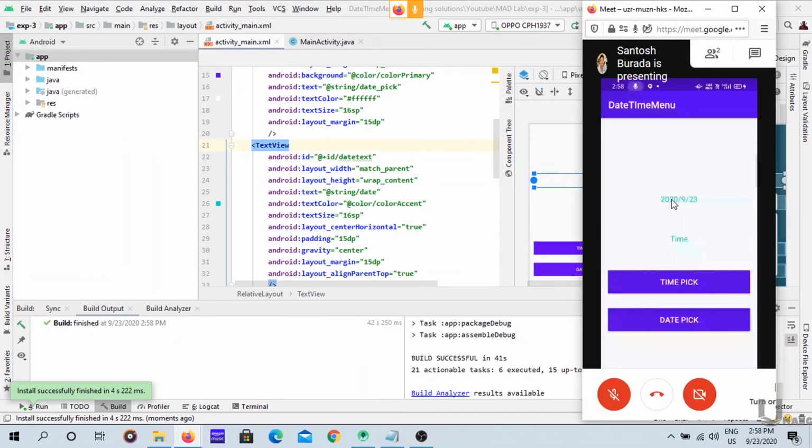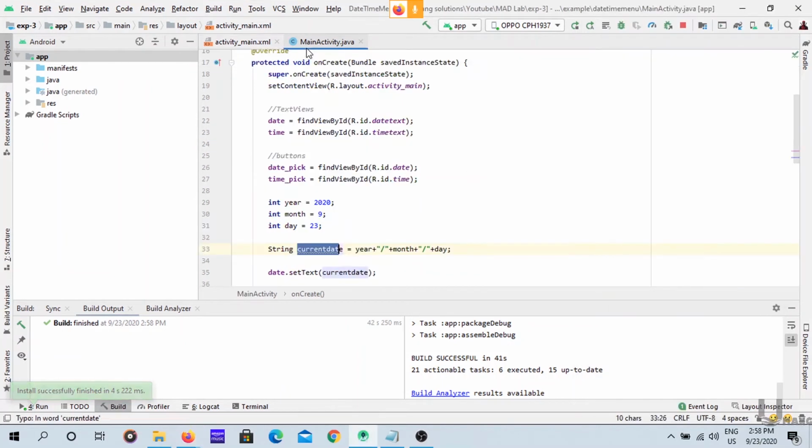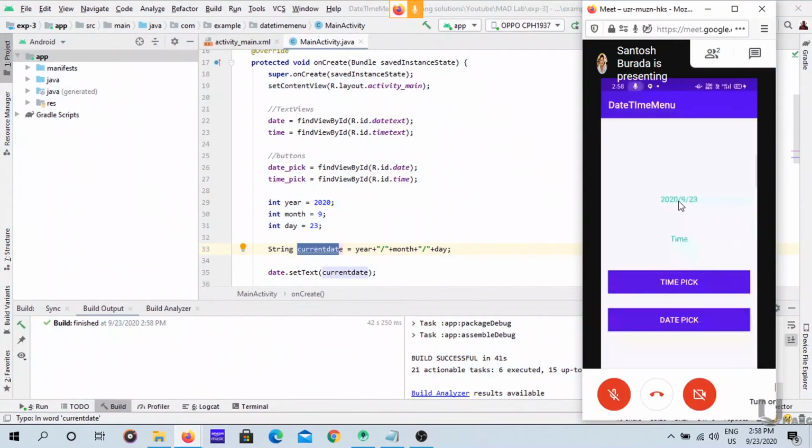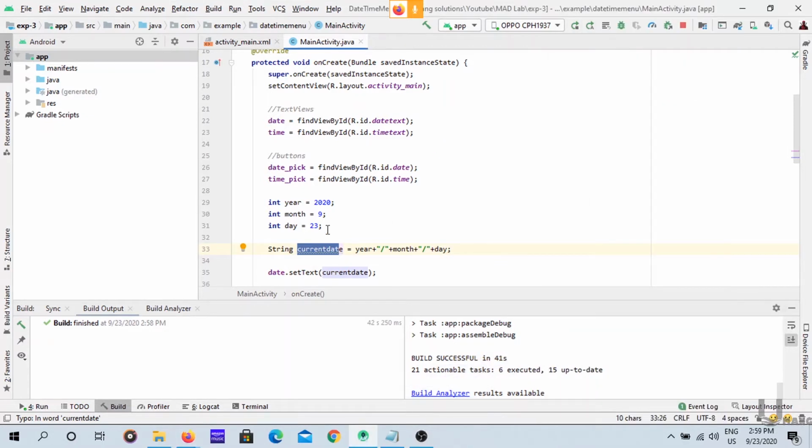See, here the year is 2020. First one is year, second one is month, and the third one is date. So this is fine, but this is not a good thing.